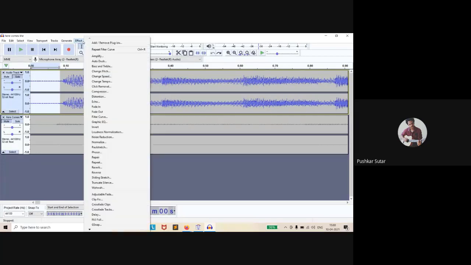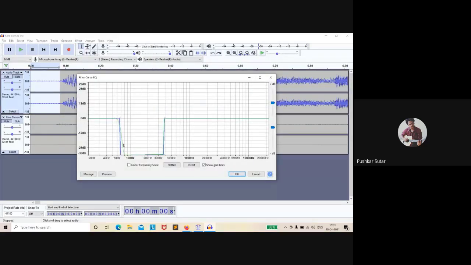Now in musical language, this filtering is what we do in something called an equalizer, correct? Sorry, this is my audio equalizer. Now you can see the frequencies on the x-axis, 20 hertz to 20 kilohertz. These are the human auditory ranges, the ones a human can hear. Now I saw that I was getting a lot of noise at 200 hertz, so I will just cut it from here.